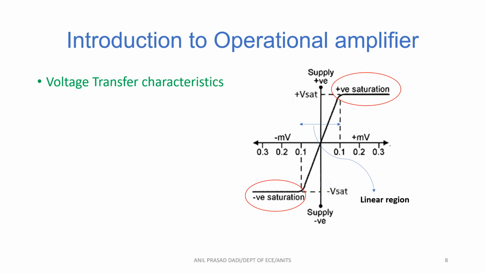When my op amp is saturated, its value is 1.5 volts less than the supply voltage. For example, if the supply voltage is 15 volts, then the output saturated value of the op amp is 13.5 volts. So, op amp can be operated either in the linear region or in the saturation region. For linear amplification, we require the op amp to be operated in the linear region.